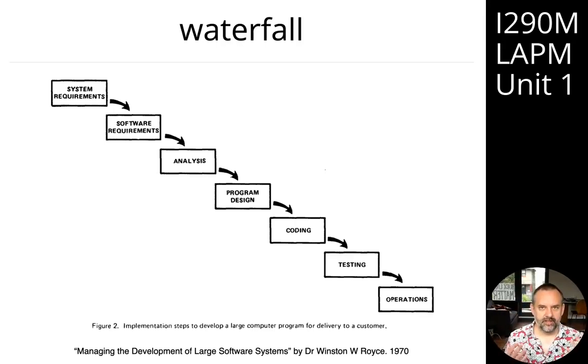So this is the idea that we're going to break up the software development process into a series of phases, and we're going to finish one phase before we start the next phase. We're not going to go backwards. We're going to get everything done rigorously before we move to the next step. That kind of rigor around the separation of the phases is sometimes called phase gate. So we have gates and we don't go through the gate until we're done with one phase, and then we don't go back. Royce describes this in the paper, and he says fairly early on, just before halfway through,